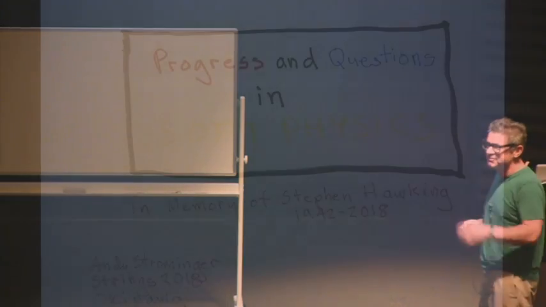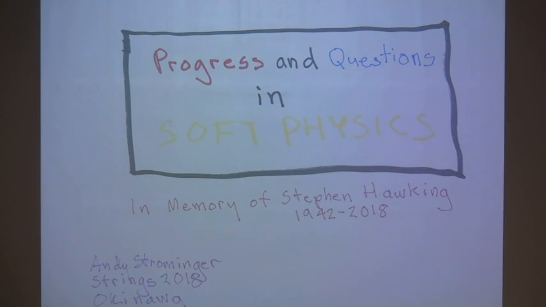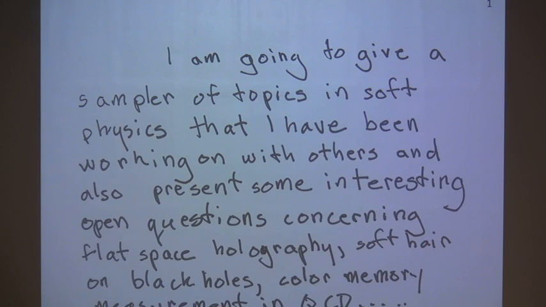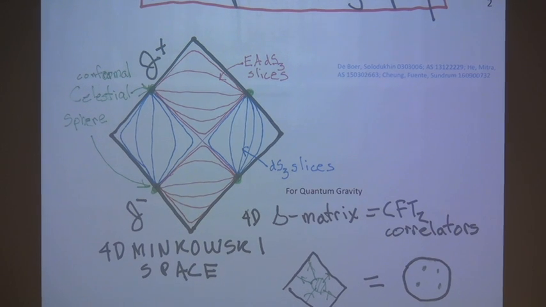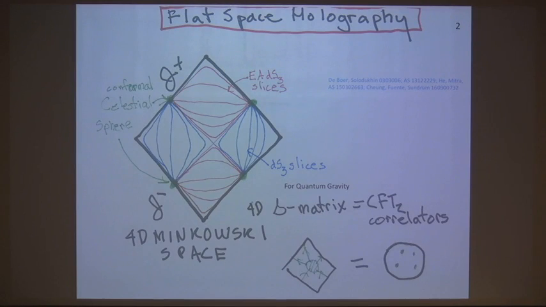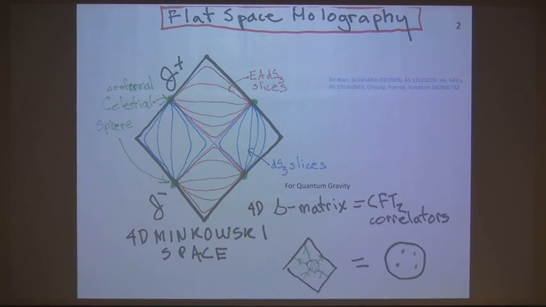So I'm going to talk about a number of different things that I've been doing related to soft physics and large diffeomorphisms or large gauge transformations, and related to both theory and experiment. And so perhaps the first topic is the idea of flat space holography, which concerns the deep infrared far from the interior of the space-time. And the first idea about this is in a very prescient paper of Bohr and Solodukin from 15 years ago.